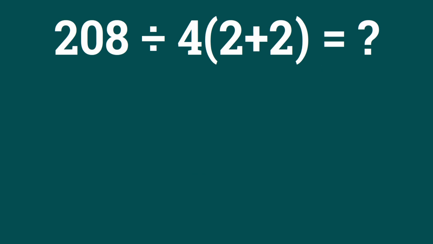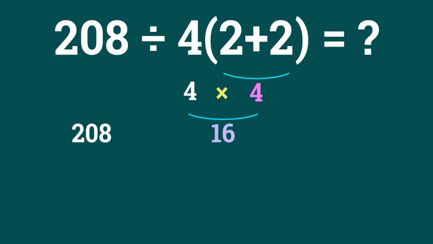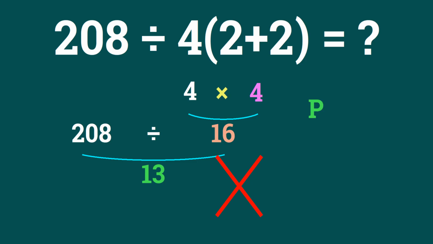2 plus 2 gives us 4. And 4 times 4 gives us 16. So 208 divided by 16 is just 13. But this answer is not correct because according to the order of operations, first we have to do parentheses, then